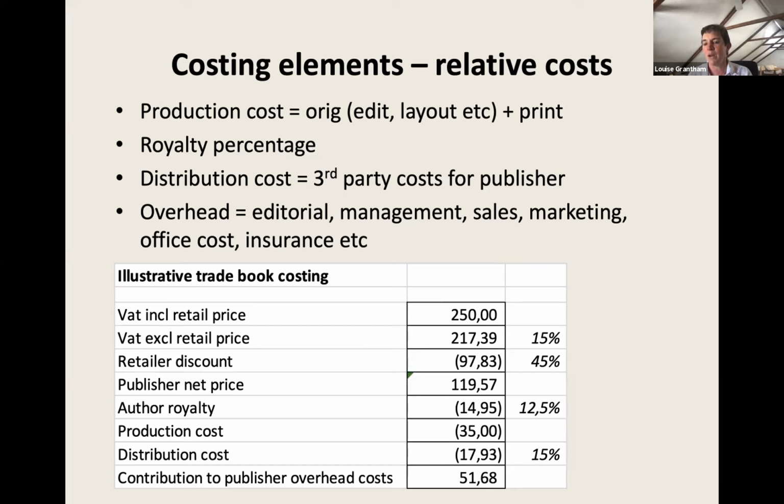So I have 51 Rand left to cover the costs of running my company, basically, of paying salaries to my staff, of paying sales reps to go to Melvin and tell him that we are publishing this book, of paying somebody to do a marketing campaign that I'm going to put it on social media, that we are doing this book. I'm going to organize author interviews, or I am going to pay some office costs. I'm going to insure my laptop. And that 51 Rand is contributing to those running costs of the business. If there's anything left over, that would be the profit.